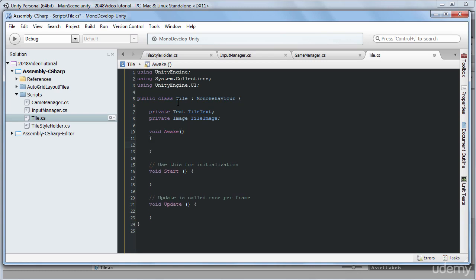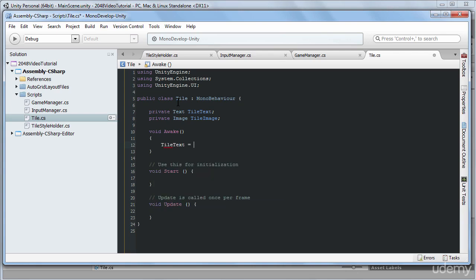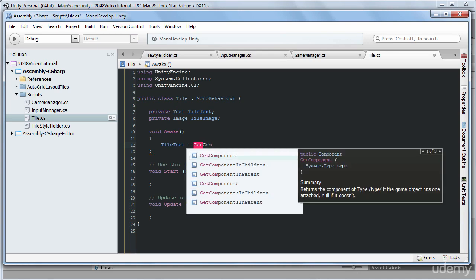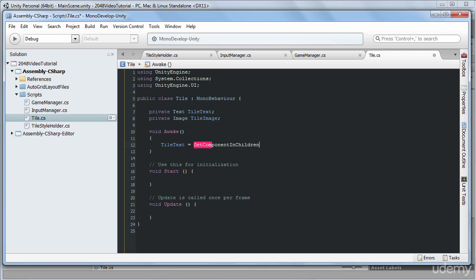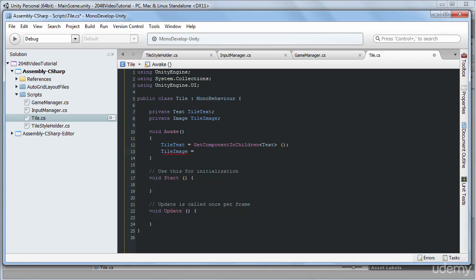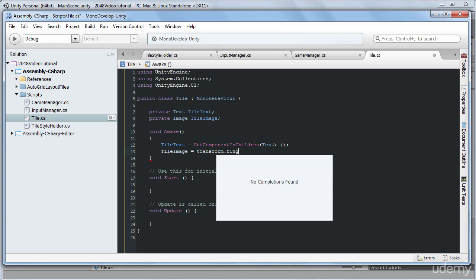And in this Awake function we will need to find our text and our image, so I will write tileText equals, and I will use this function called GetComponentInChildren, because we don't have the tile text attached to the actual tile, but we have it attached to a child object, and I will say Text in these angle brackets, and that's it. And tileImage, I'm going to search for it in a little different way. I'm going to use transform.Find,